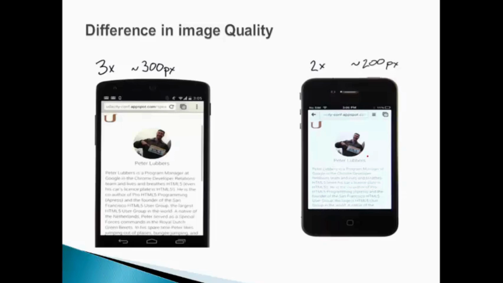Rendering an image at 1 to 1 gives the best quality. But even more important, you don't want to be pushing a lot more bits down the network than the device can use. And you don't want to have poor image quality because you are not pushing anywhere near enough high resolution image either.